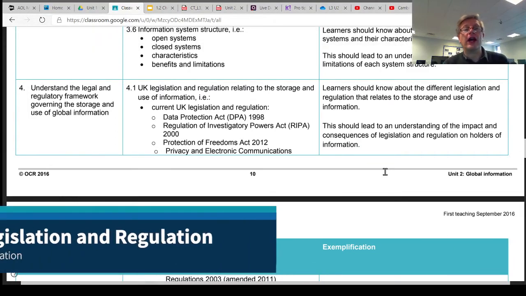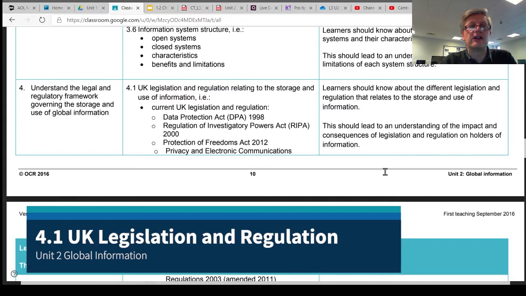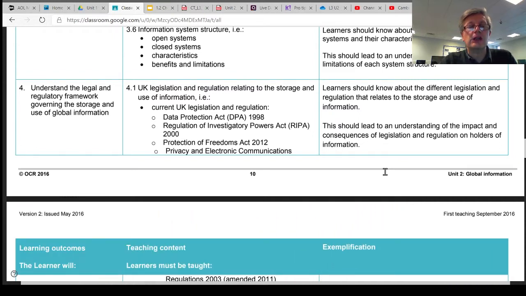Learning Objective 4 is all about the legislation and the regulations that relate to information: its storage, its transmission, its use, its surveillance, and so on. So it's a big, big topic. It's important that you understand these laws. If there are any further things within these laws, any principles, characteristics, and so on, you need to be familiar